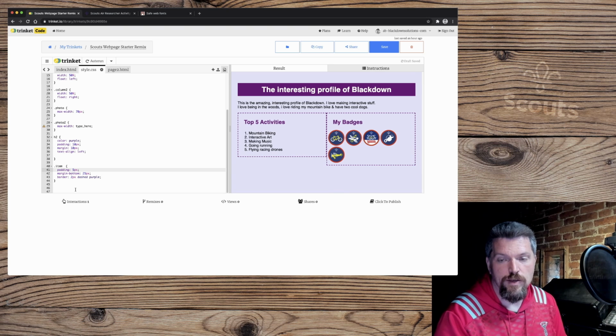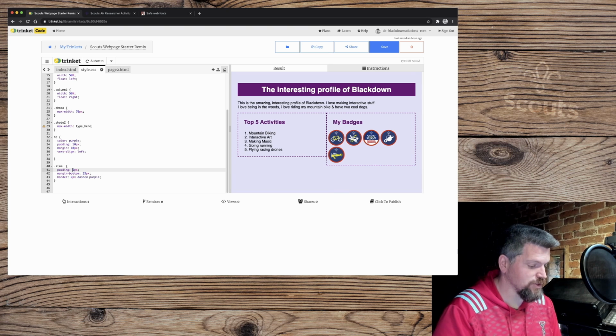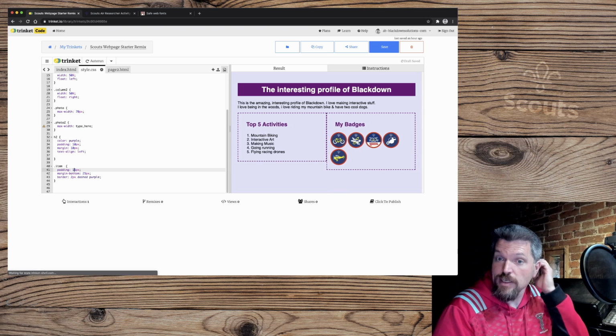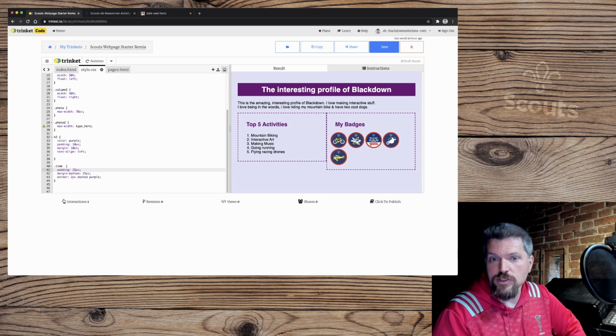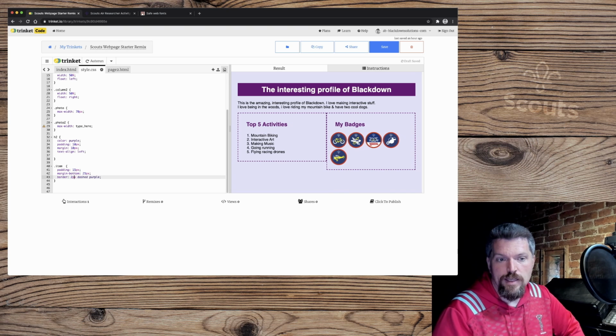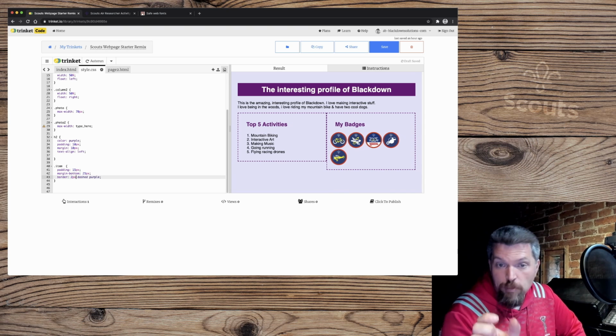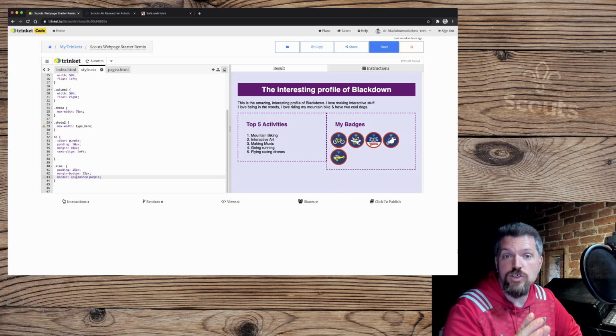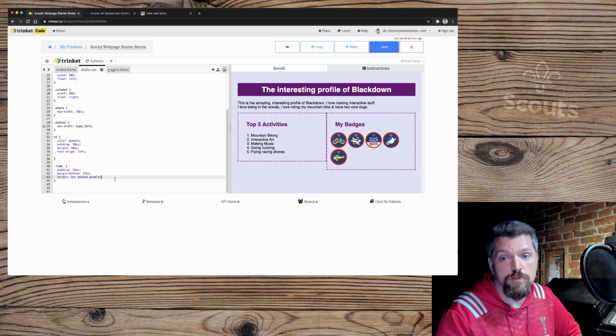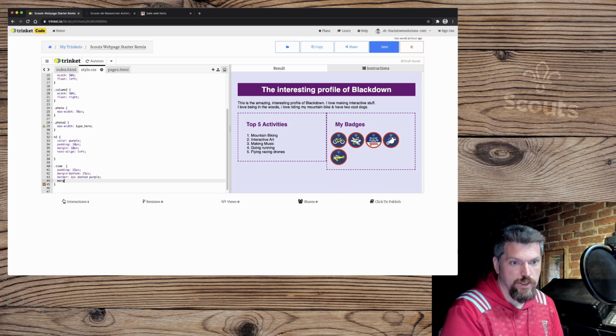So maybe here we can add in something to clean that up a little bit. I'm not liking how they're too close together. A bit more spacing. Now, padding is kind of how much of a gap there is between the edge of the box and the content of the box. If we want to make a bit of space between the actual boxes themselves, so to move these 2 lines apart, we have to use a thing called margin. So I put in margin,